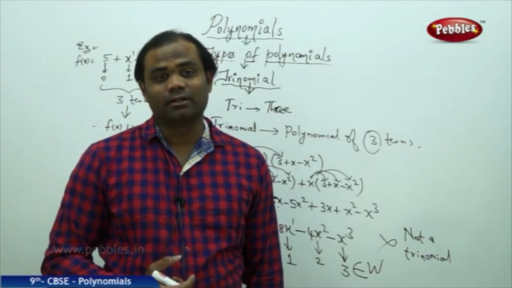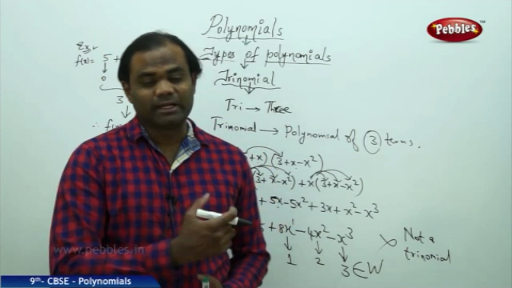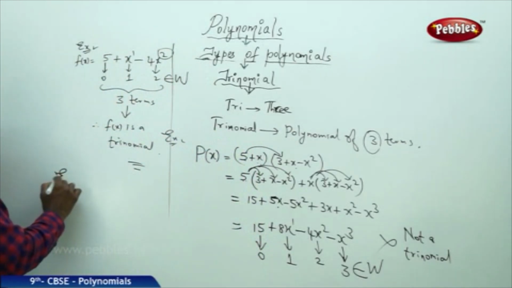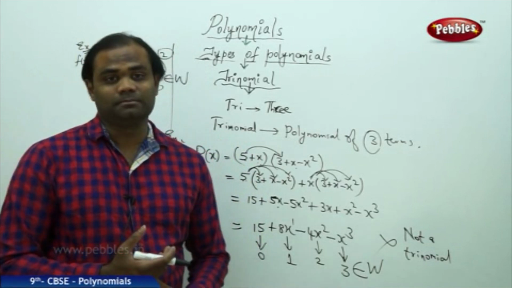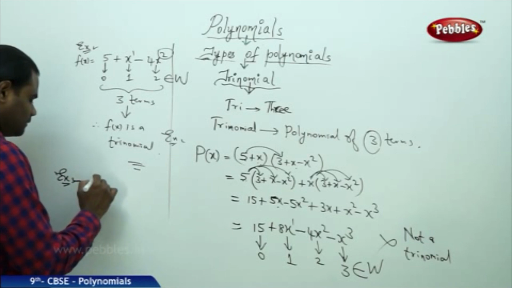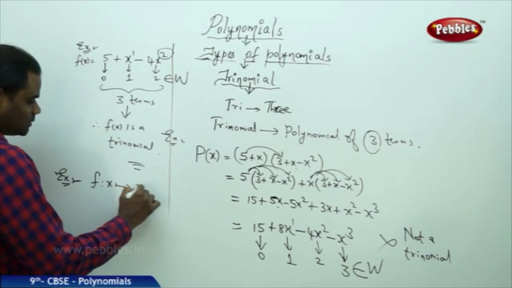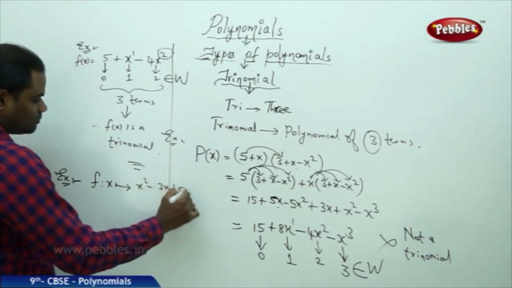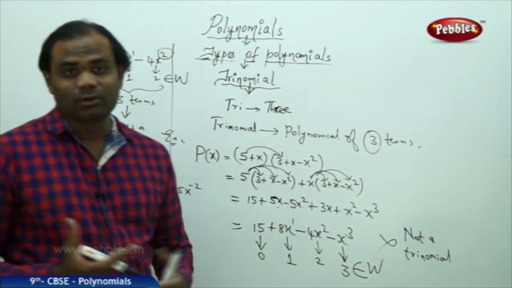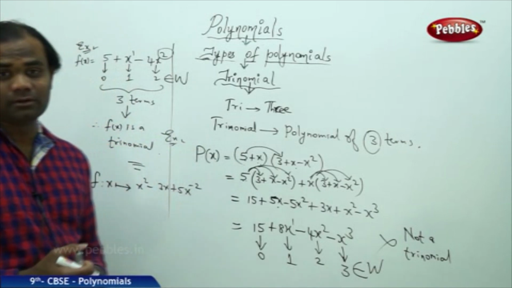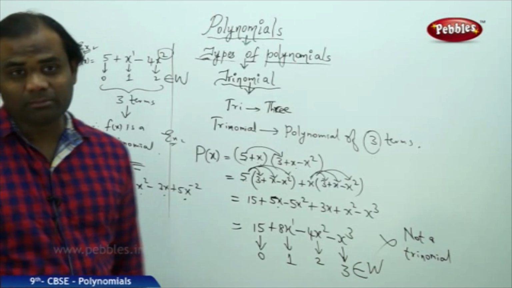Binomial, trinomial, and monomial are what we discussed as the different types of polynomials. Now let's take an exceptional problem and identify if that is a trinomial, a binomial, or a monomial. For example, I have f from x to x squared minus 3x plus 5x to the power minus 2. Let's see whether it's a polynomial or not. Now clearly I see that there are 3 terms, so I could call this a trinomial, but no,